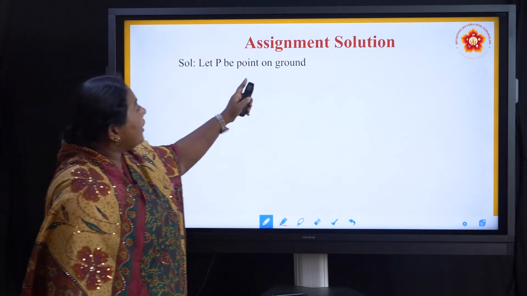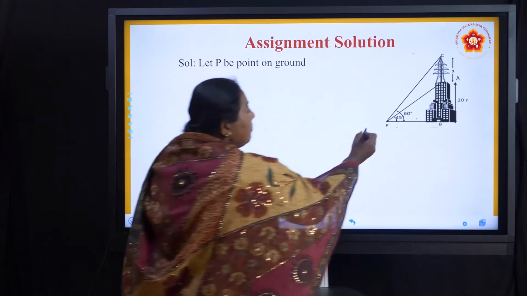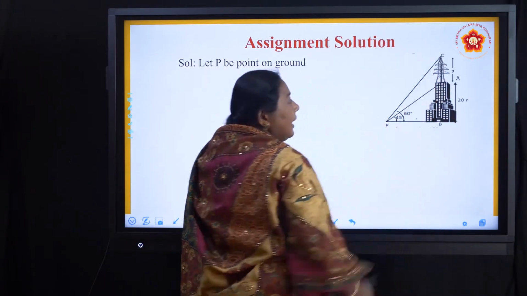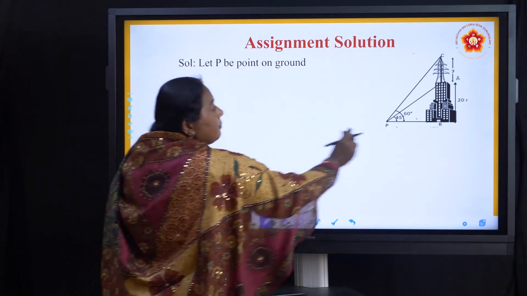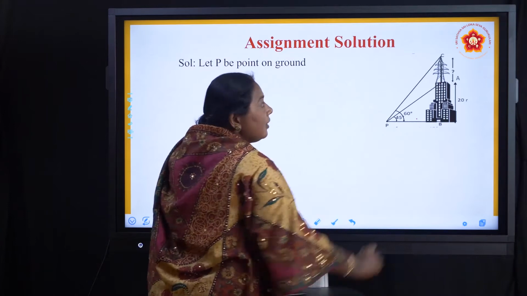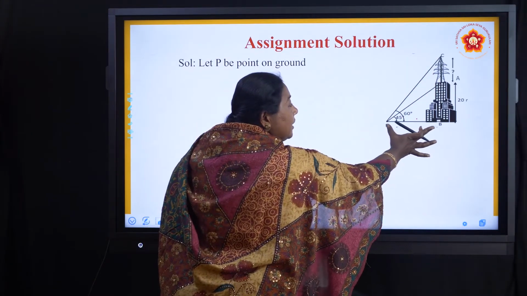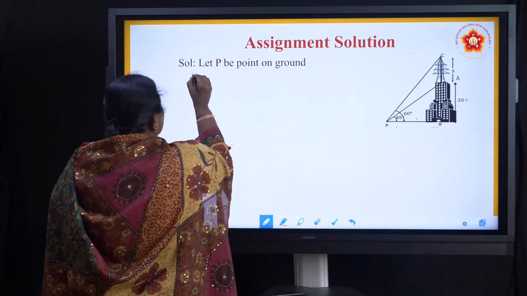Let P be a point on ground. So they have given a point P and a building is there and a tower is there, and now we are going to apply the names. Building AB, tower AC, the distance between the building and the point, the person is PB. Okay, so let